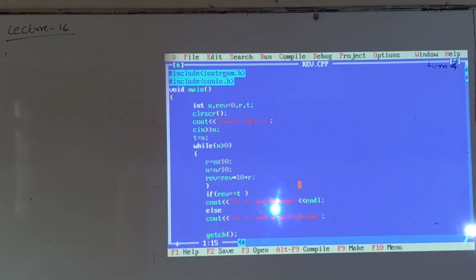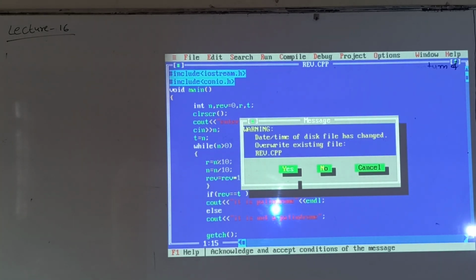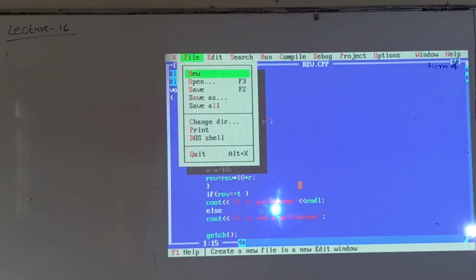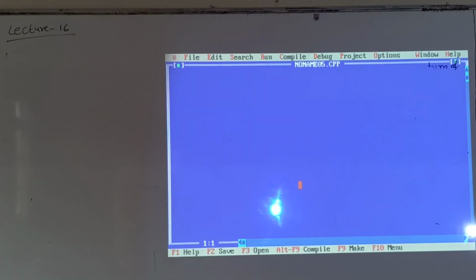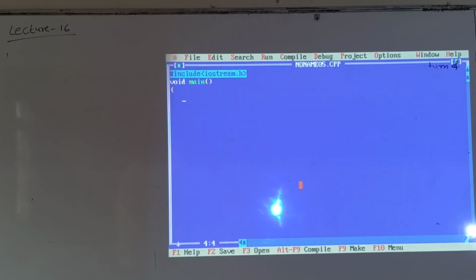Next, another program. Hash include iostream.h, void main, int n comma r comma sum equal to 0 comma t.